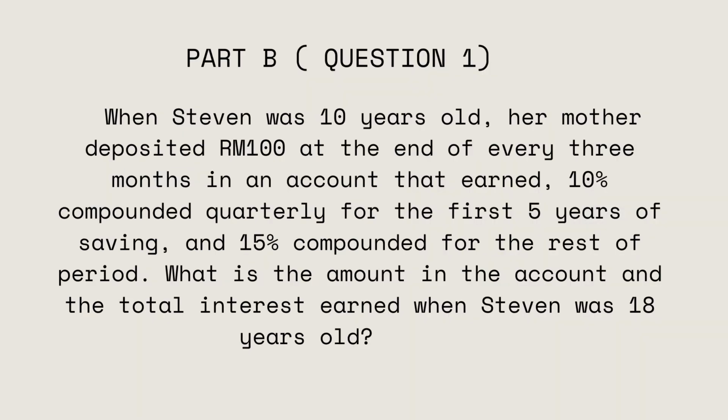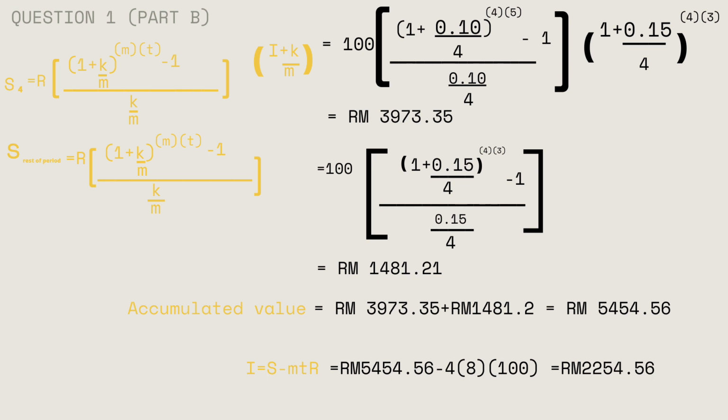And I'm gonna share a working step for question 1, part B. When Stephen was 10 years old, her mother deposited 100 ringgit at the end of every 3 months in an account that earned 10% compounded quarterly for the first 5 years of saving and 15% compounded quarterly for the rest of the period. What is the amount in the account and the total interest earned when Stephen was 18 years old? For the first 5 years, we're gonna use the formula